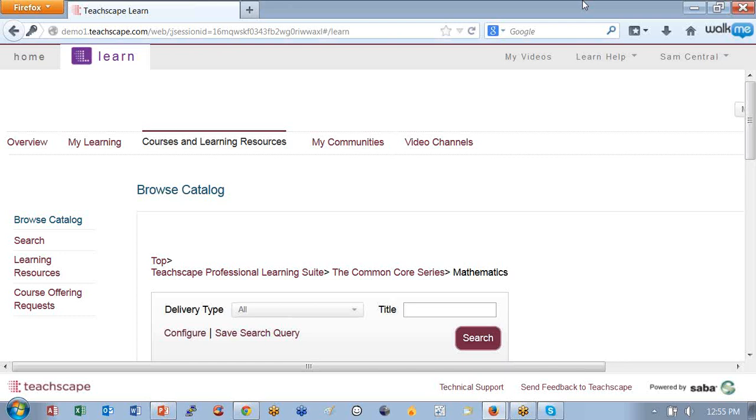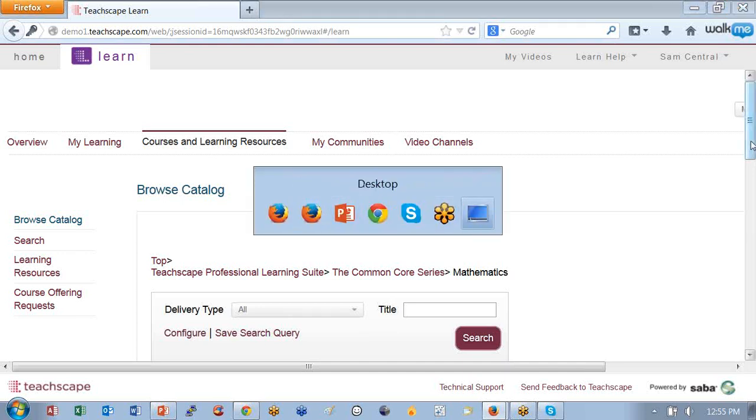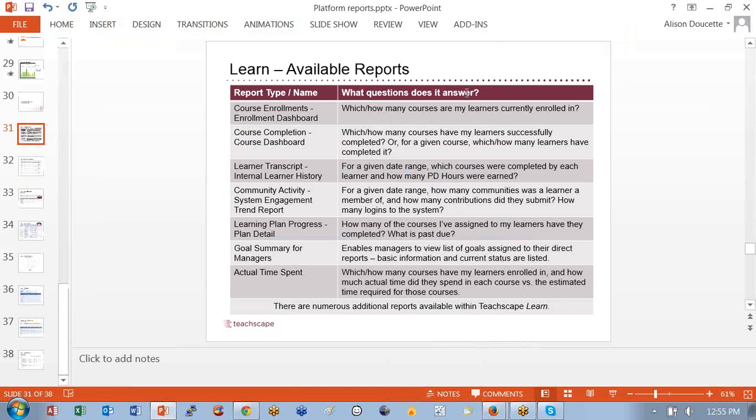Is there a chart of the reports? Because the titles of the reports aren't self-explanatory. You showed us that little grid that had the description of what the reports were. Is that grid in that? Yeah, that grid. Where do I find that grid? You know, I need to get you some better info. I am not a Learn expert, to be honest with you, but I can get you something like that that will give you a little more help on what these reports actually give you.